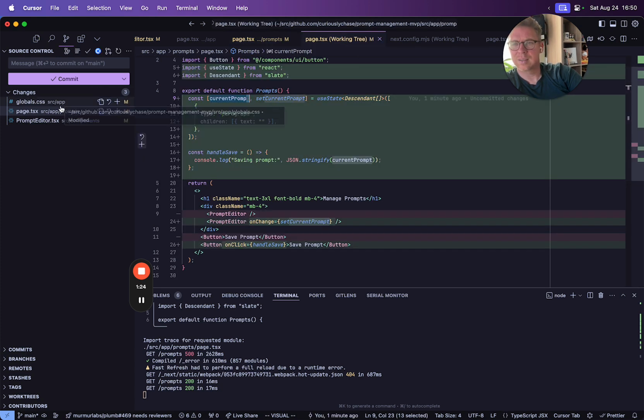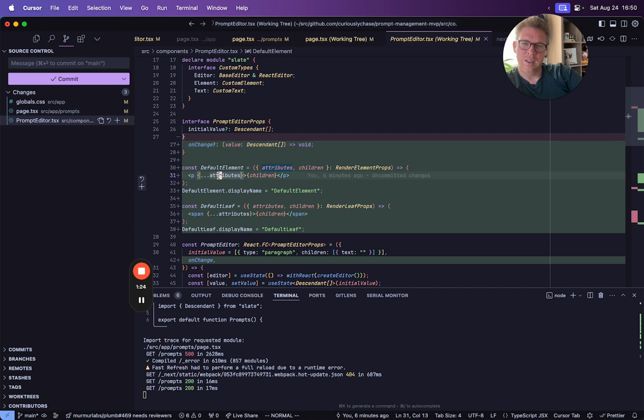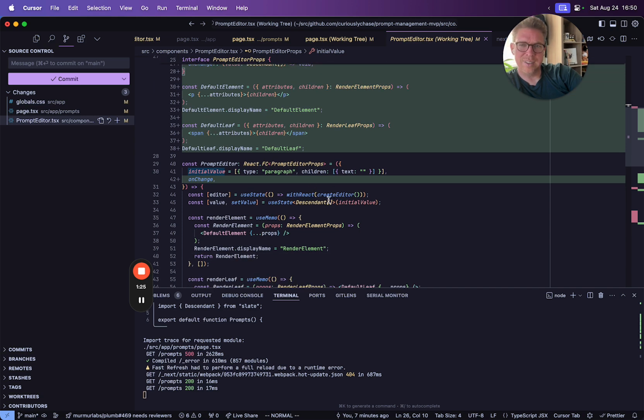We're not actually passing in an initial value to use to instantiate the value of the editor, but it's got a default set on it to always be this, which I think that's okay. At the point that we start saving things and we want to render it in, this won't work anymore because it'll always just be blank. So